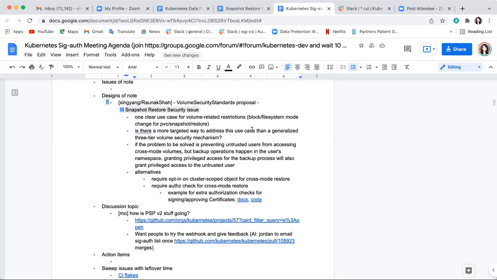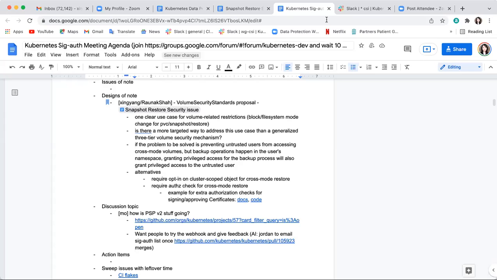So that's why last time in that proposal we added that as an annotation. But then Ben was saying, yeah, the annotation can easily be changed. So it's probably better to have a CRD to have all the information stored. So the general direction from SIG-auth is just to do this with a webhook, and then use the cluster scoped resource to do the control, because at that level you're the admin. What cluster scoped resource? The volume snapshot content.